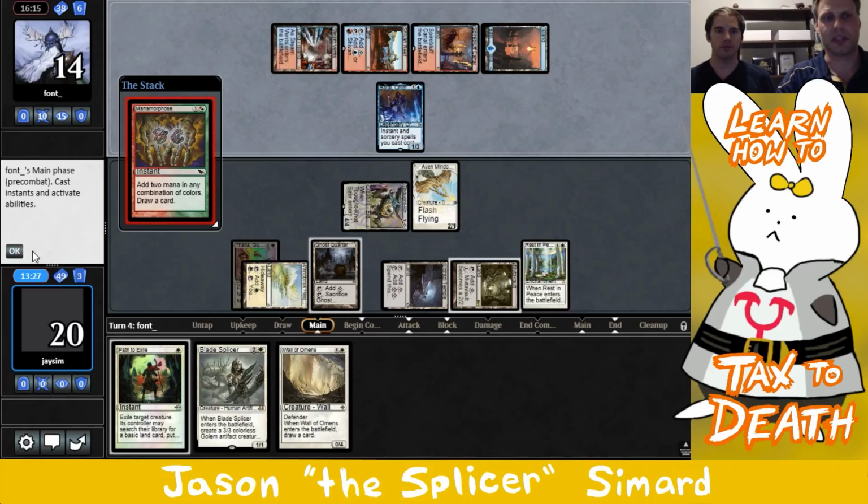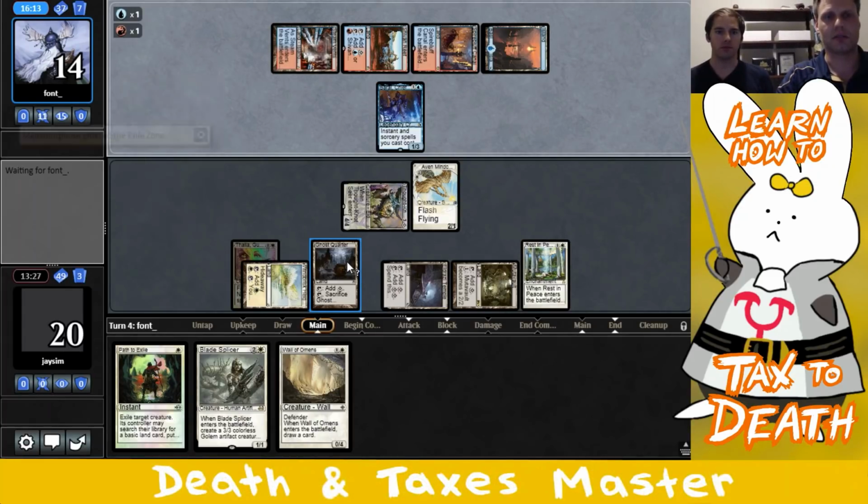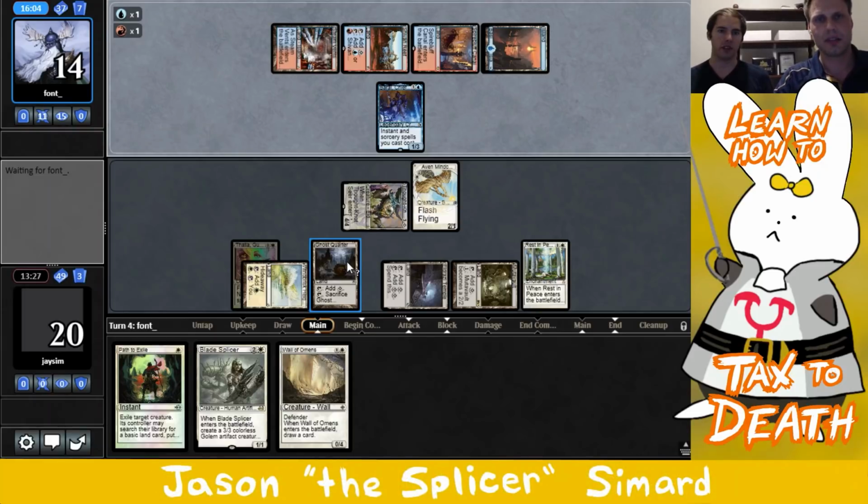Maybe I'll let this resolve, actually. Oh, wait, that was dumb. What the hell did I just do? What did you do? Oh. What, now they can pay for it? Yeah. Or Bolt it in response. That was dumb. Oh, okay. I'm not very used to Magic Online. Wait. Just let them do their turn. Yeah. So they use up their red mana, and then you...